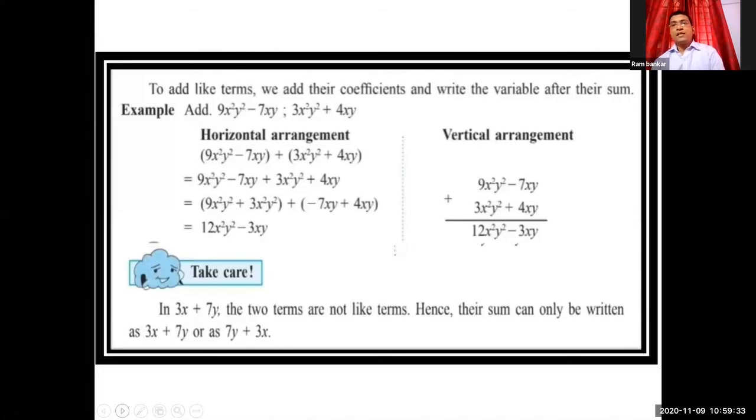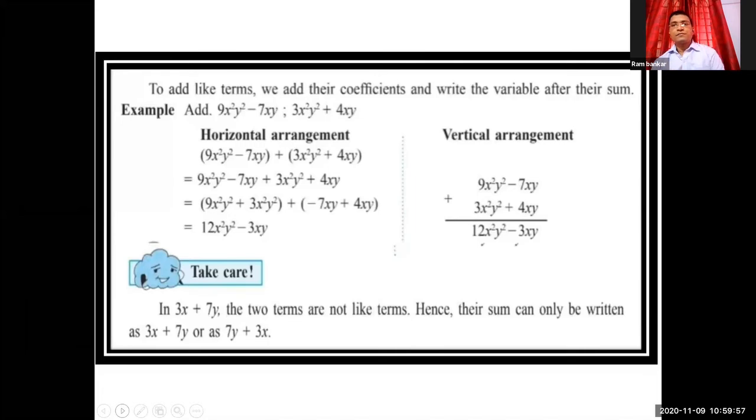In the vertical arrangement also, the first expression is written on the upper side, and on the down side we have written the second expression, and the answer is given. 7 minus 4, 3xy, minus symbol is there, and coefficients addition 9 plus 3, 12x square y square, and the variables are written as it is. Okay,